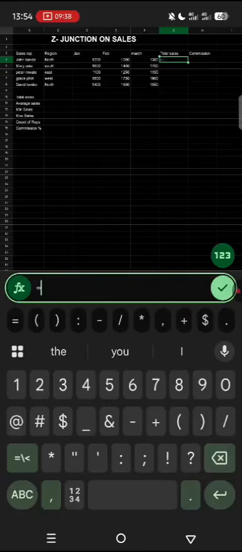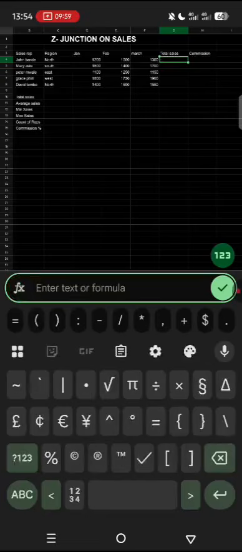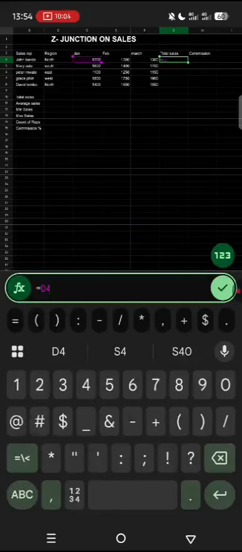Instead of writing 1,200, you reference it by saying it's in, let me check, B, C, yeah, D4. So you start with an equal sign, then you say D4